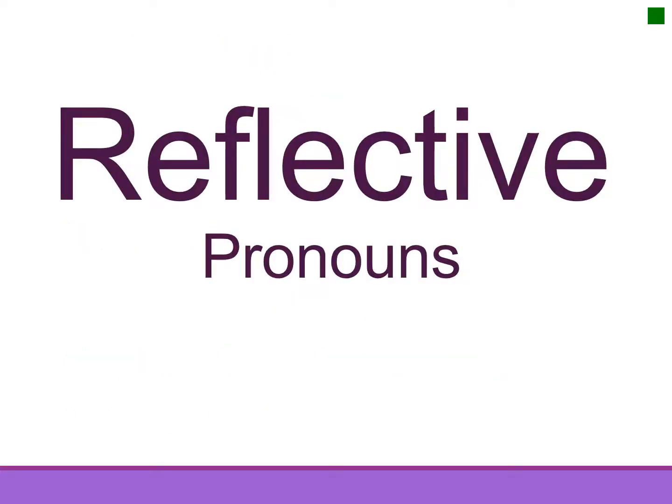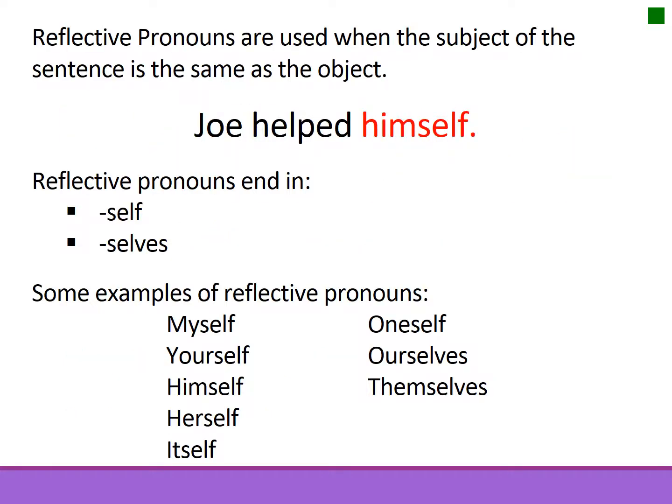Reflective pronouns. These pronouns are used when the subject of the sentence is the same as the object. For instance, Joe helped himself. Reflective pronouns end in self or selves, some examples of which are myself, yourself, himself, herself, itself, oneself, ourselves, and